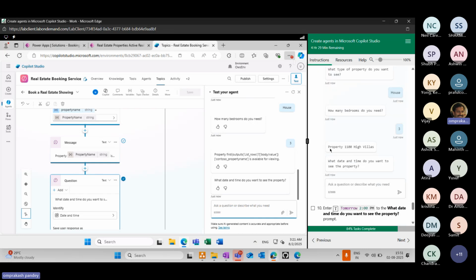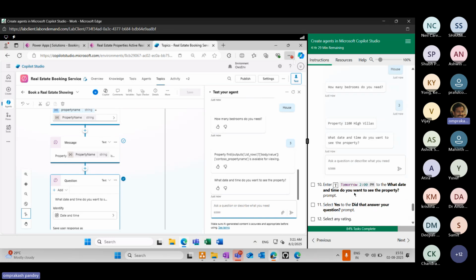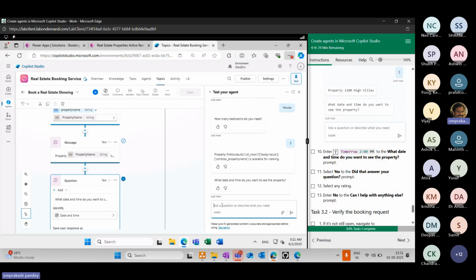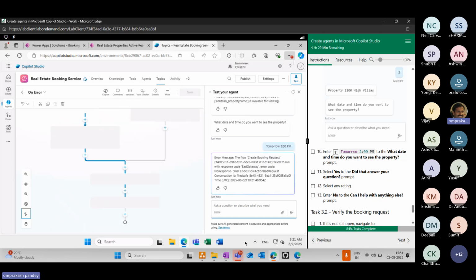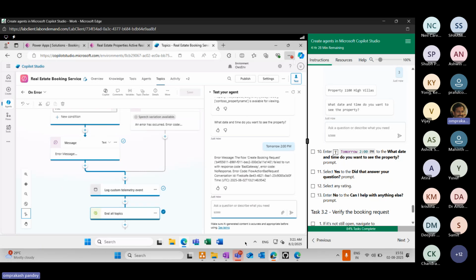Actually, the output should be something like this: property 1100 high villas. So what is the date time? Tomorrow 2 p.m. Just give me a moment. There is something wrong in the